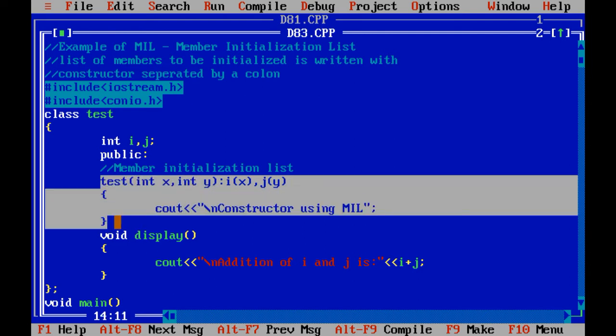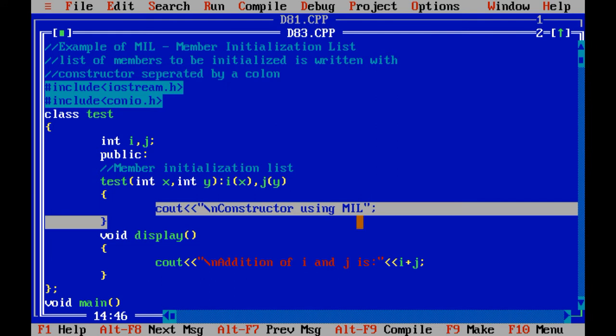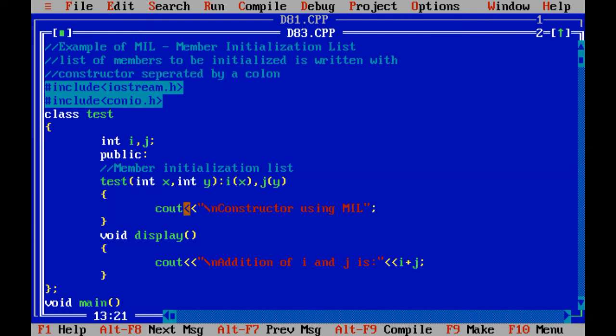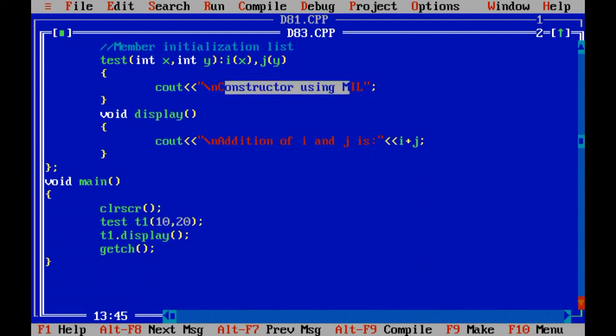Now inside this particular constructor, I have used a cout statement. So when this constructor is executed, it will print constructor using MIL.